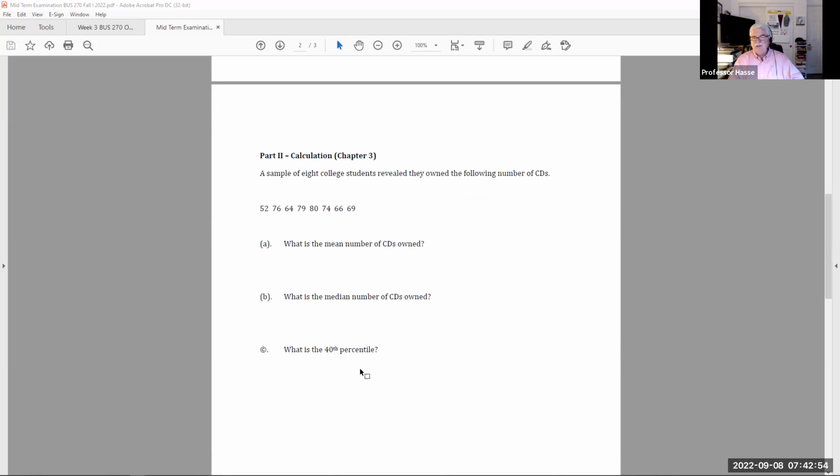What is the 40th percentile? So I want you to tell me those 3 numbers, okay? The average, the midpoint, the percentile of this bit of data in the 40th percentile. Those definitions are all in chapter 3. Mean is probably the easiest. You just take an average of the numbers. But again, I'm looking for you to make sure you understand those calculations.